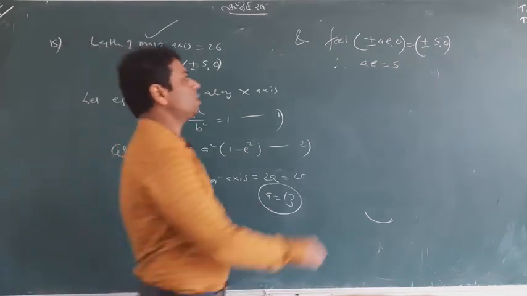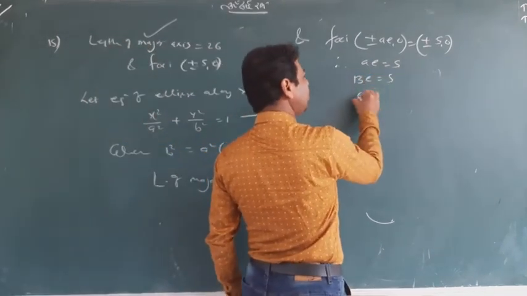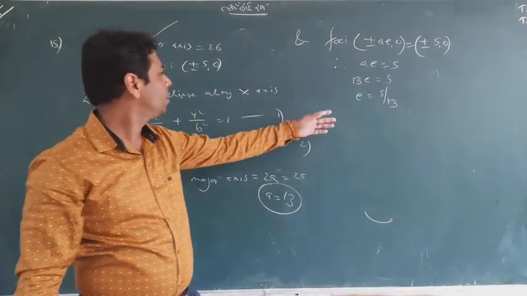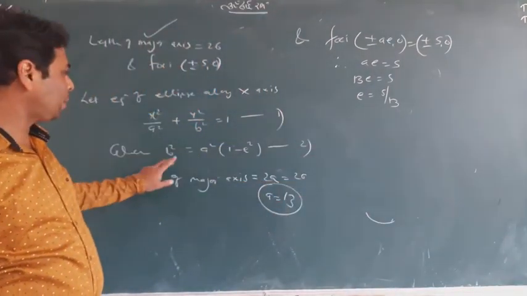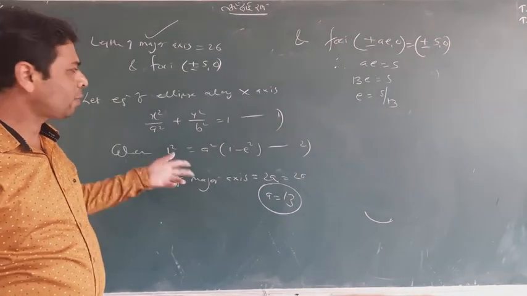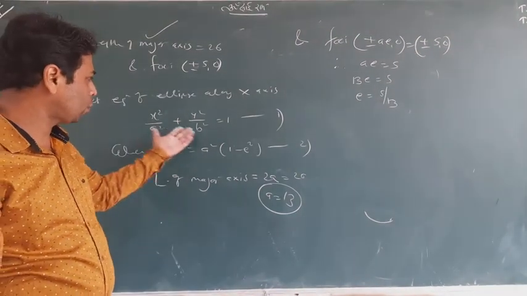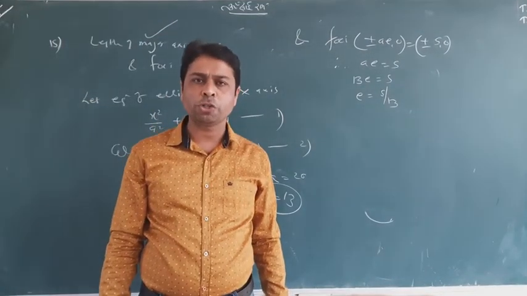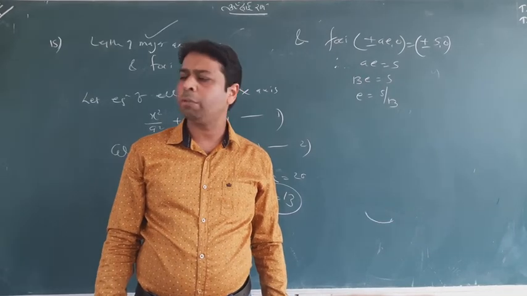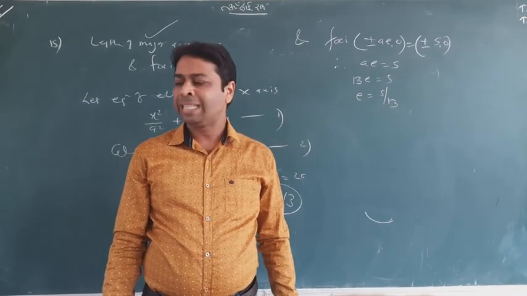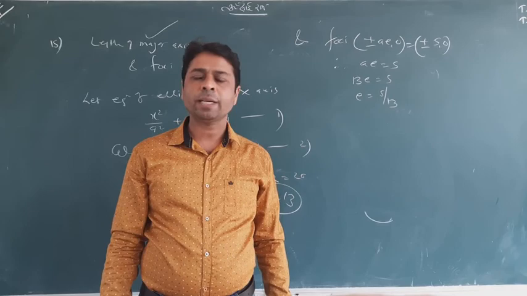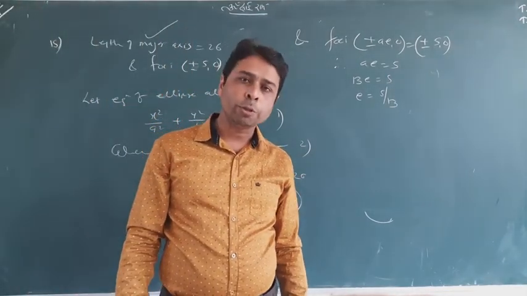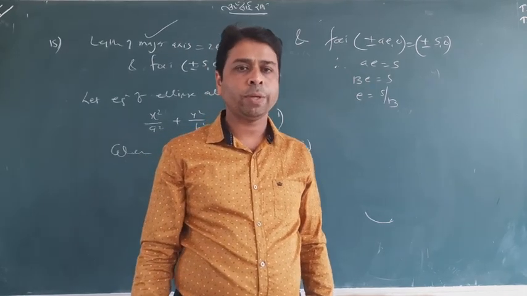I don't think I have to repeat it. It's the same question I taught you. So you get e, then after e and a you can find b from the formula. After getting b, everything is clear. You have b, you have a, put the values and get your answer. So I hope now students there is less exercise to do. It's your job. From my side I have taught you all the concepts as well as all the examples of the exercise. Now it's your job to do exercise 11.3. From tomorrow we will go with the hyperbola. Thank you.